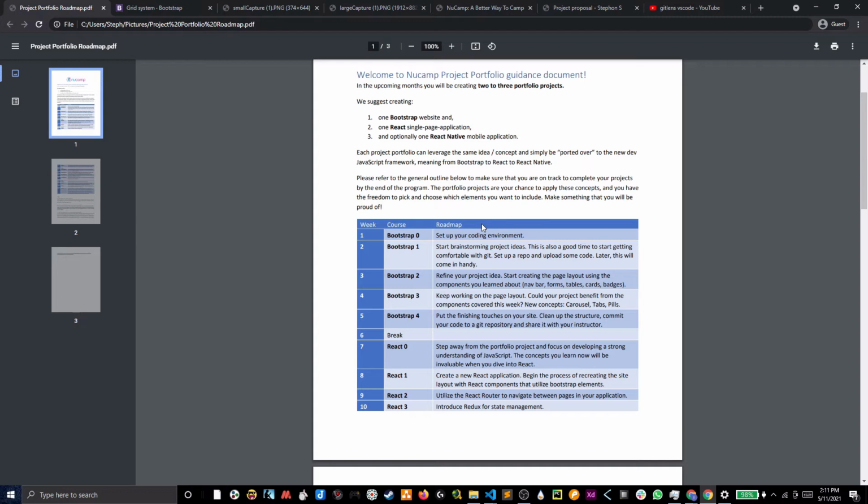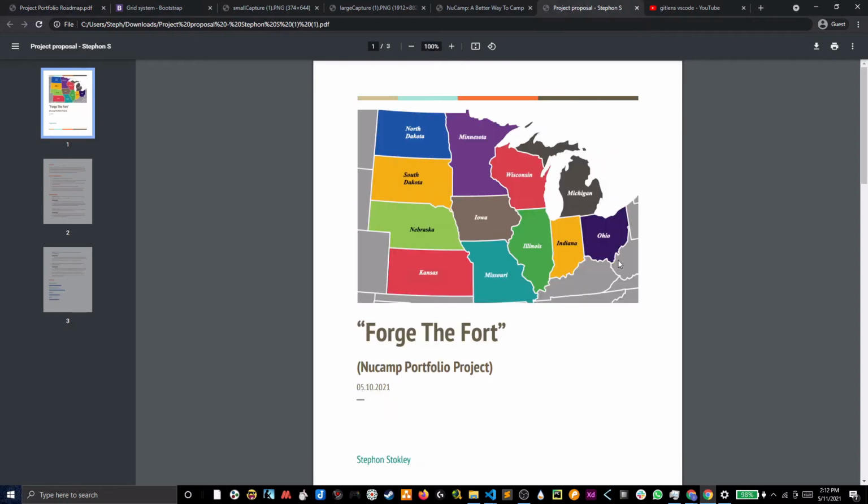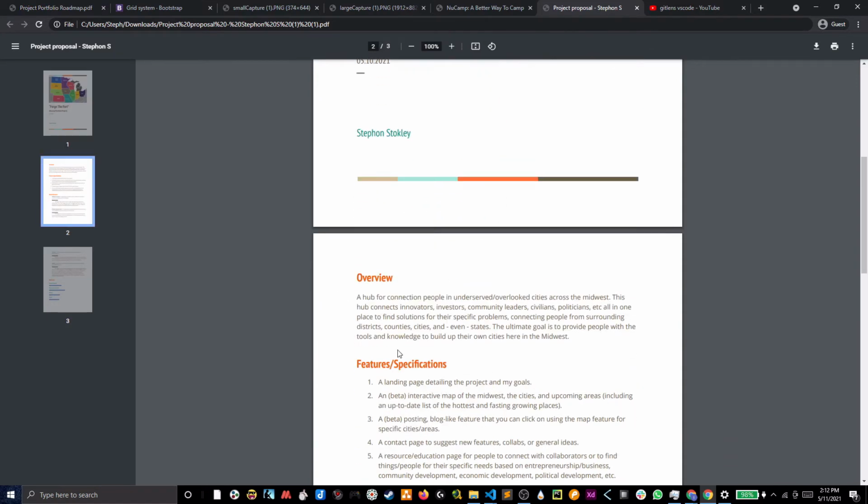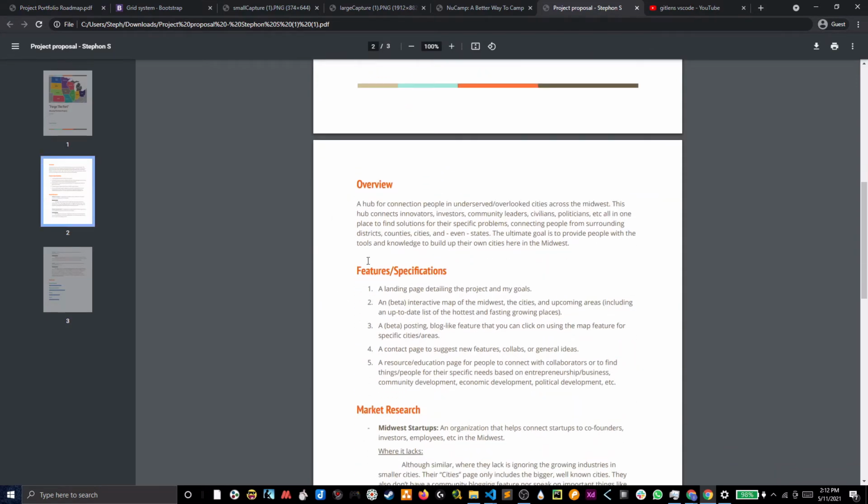I guess people don't really know what kind of project they want to work on. Even though some people have brainstormed ideas, a lot of people just don't know yet. So that's what I'm thinking of, just working on my own. So here is my project proposal, and we have to do it in some sort of format: overview, features, specifications,